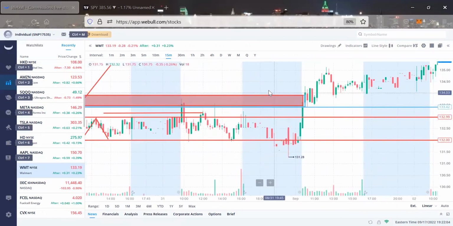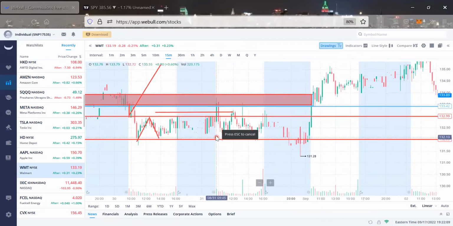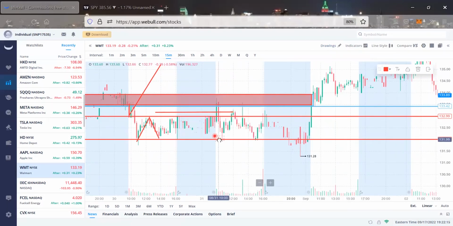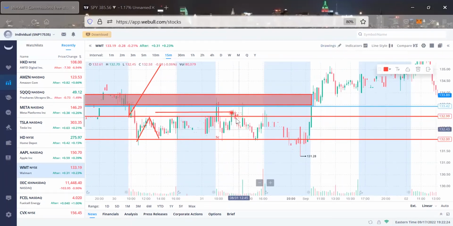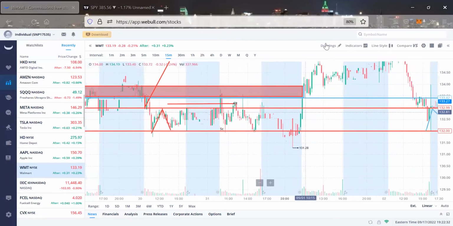And as you can see right here, this was a selling climax, right? Selling climax. Selling climax right here. This was the accumulation. Selling climax. This was the rally, right? This was the AR, right? Let's make this black so you can see it, right? AR, selling climax, changing the color. Boom, right? This was the second test, the ST,